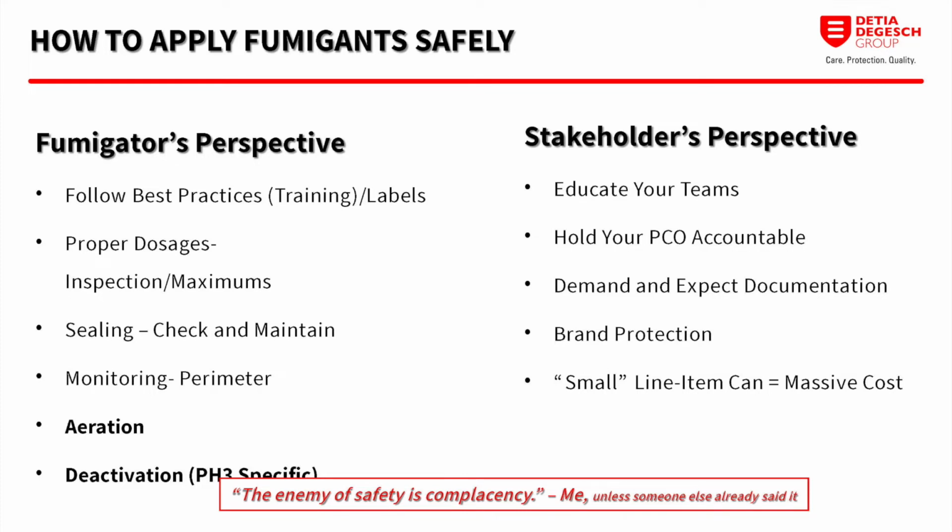So now on to the stakeholders' perspective, and hopefully this hits home with a lot of you in here. It says educate your teams. And what I mean by educate your teams is not just your fumigators. You want to educate anyone who may have a remote chance of coming in contact with the fumigants. Administrative assistants, truck drivers, custodial workers, anyone who has a remote chance. And what you want to educate them on,